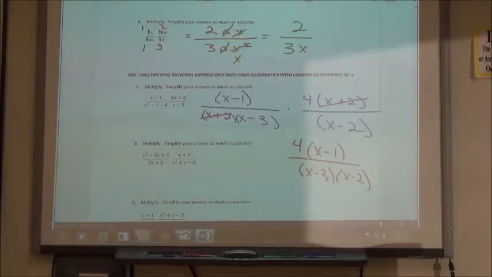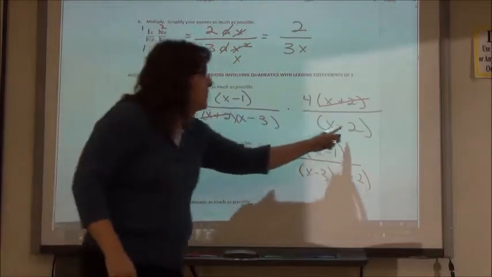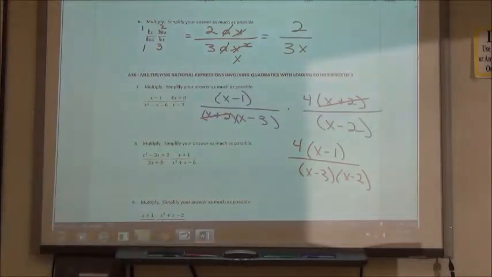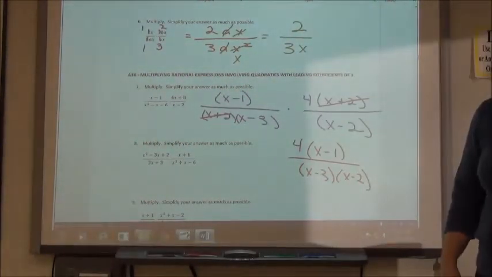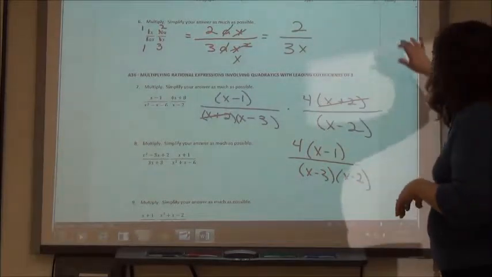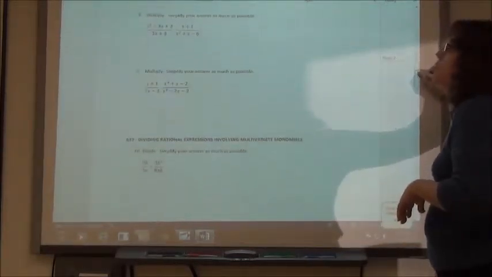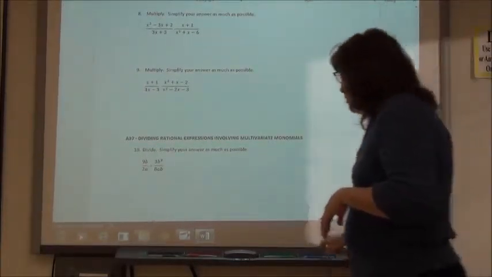What's the bottom going to be? The x minus 3 and the x minus 2 that we didn't cancel out. I'll move the board up so you can see better on the next one there. So number 8,